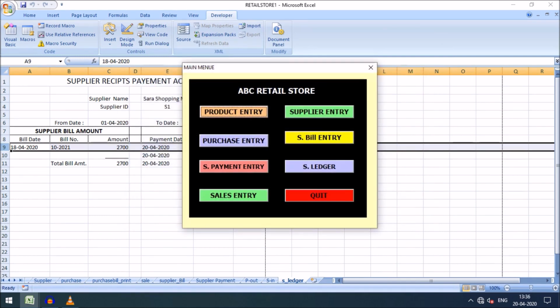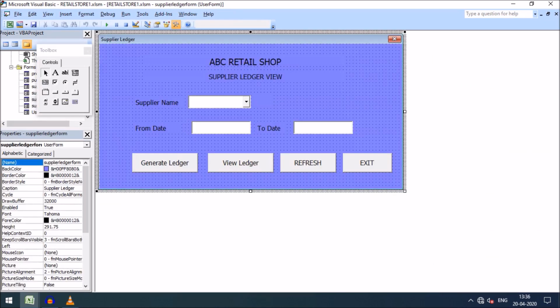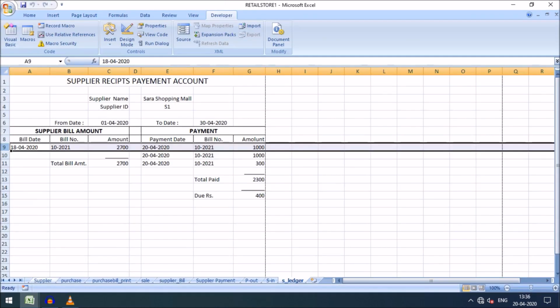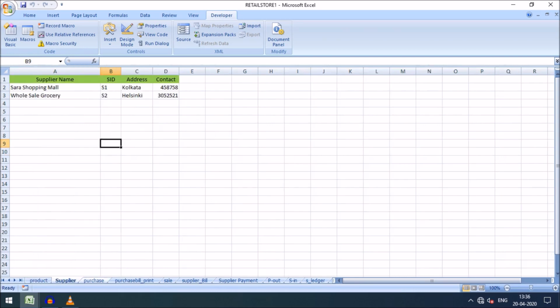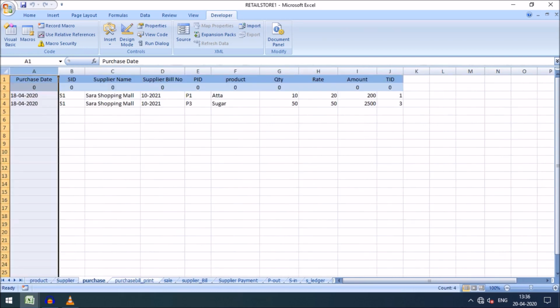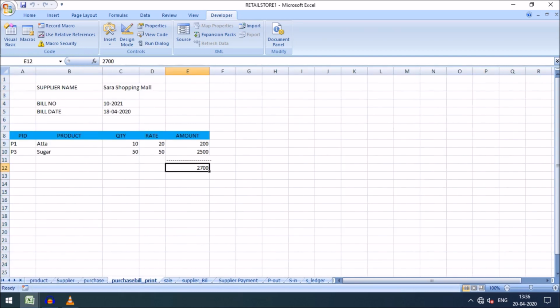So friends, thus we have created our codes. Here you can see we created up to this point: product, supplier, purchase, and here purchase bill print.